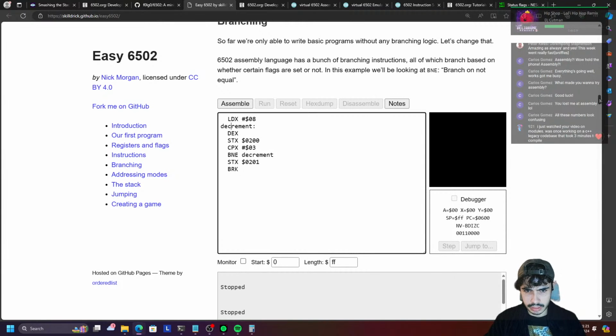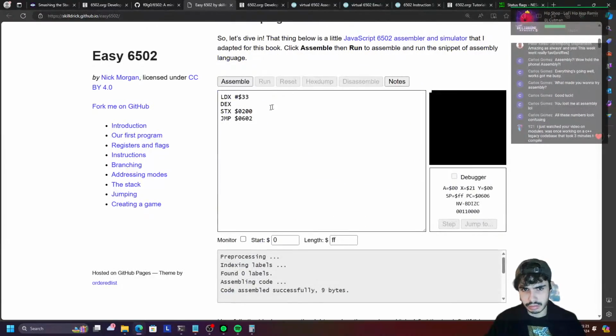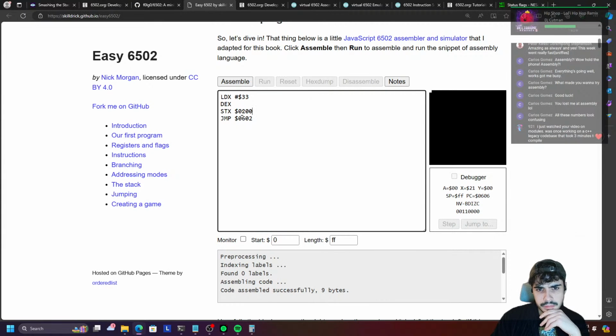So, okay, we have a better way of doing this now, I think. So right up here, this is where we were at with the program before. So we had something similar. We had LDX #03. Now we know that we need to hold our index into a variable somewhere, right? And we can put the assemble here. But yeah, let's do something similar. So we got decrement, which is there,